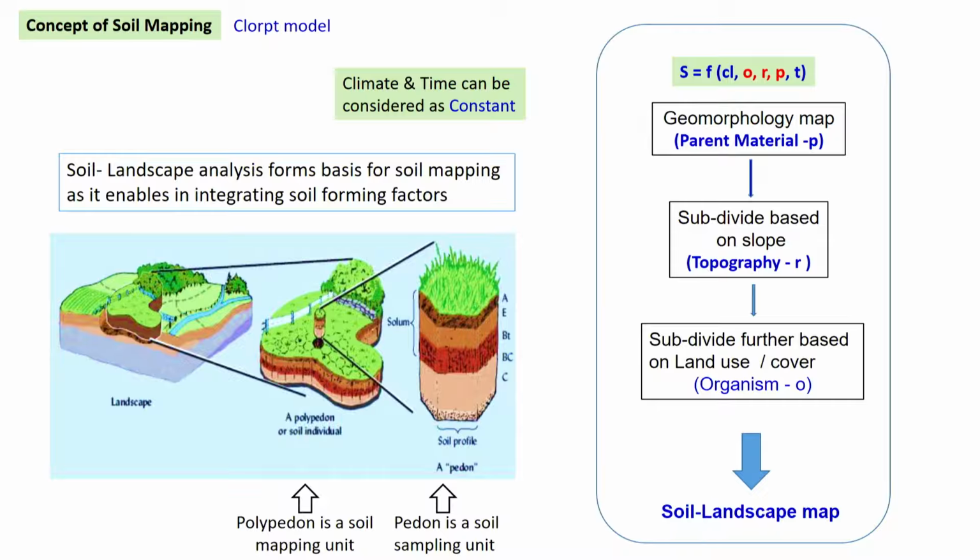Because most of the soil maps available today are 30 to 50 years old, 30-40 years old, and soils have changed over the last 10 or 5 years. And from the nutrient or carbon point of view, the old map cannot be used in that case. So you can use this concept of soil mapping for mapping your area, dividing your area into